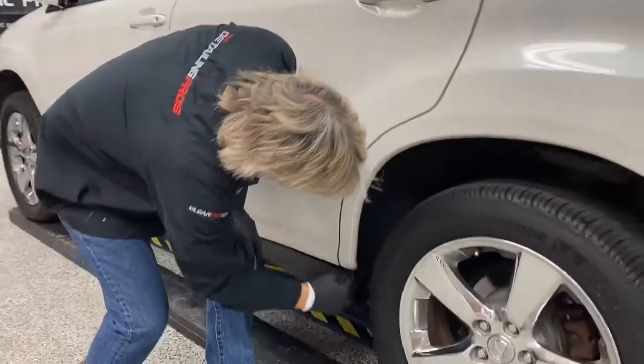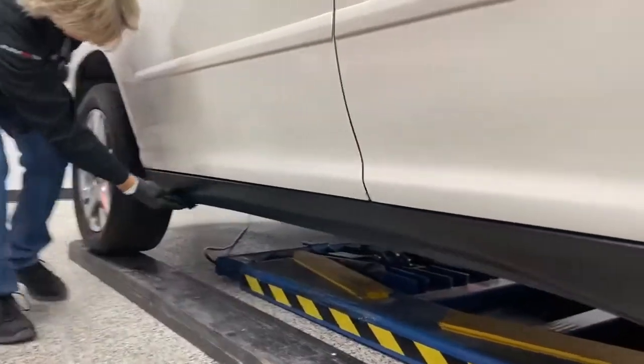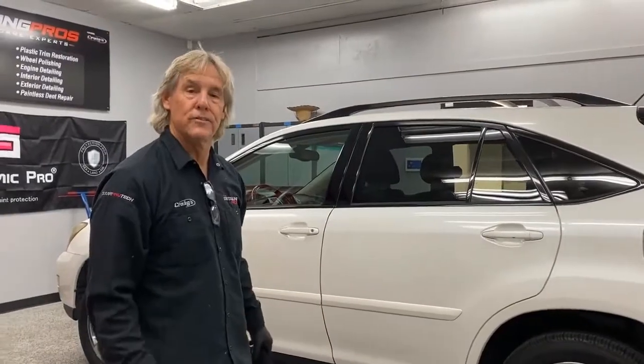I'm going to hit these edges right in here. Get underneath the rocker panel really good. I'll take a rag and let it sit for a couple minutes. I'll take a rag, wipe it off, and I will have a beautiful, beautiful finished trim car for this lady's